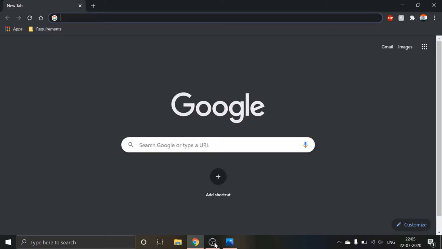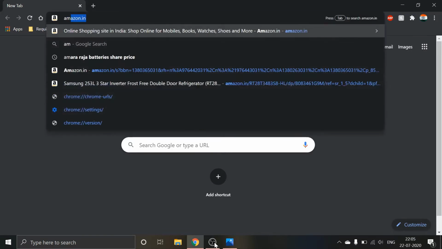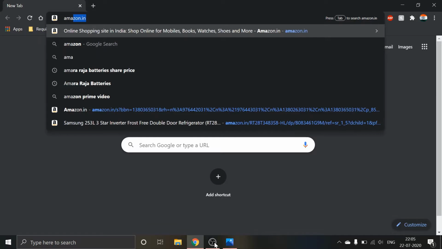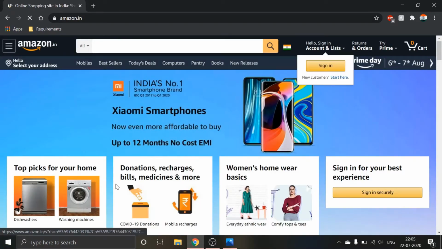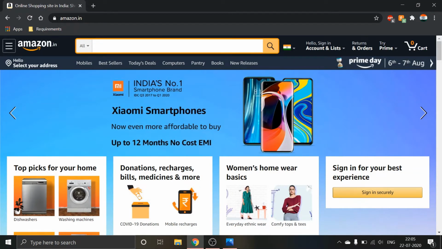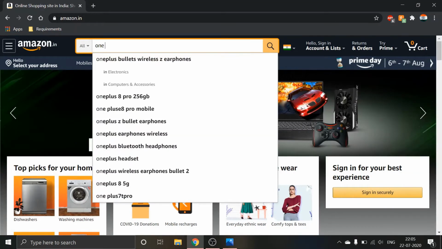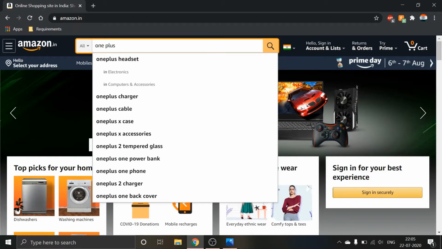So let's start. First of all, I'm logging into the Amazon web page to see the product I want. For example, I'm living in India, so my extension will be .in. Here I'm typing, for example, OnePlus 7T.